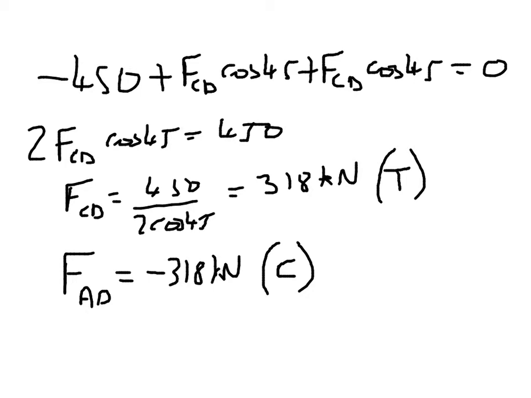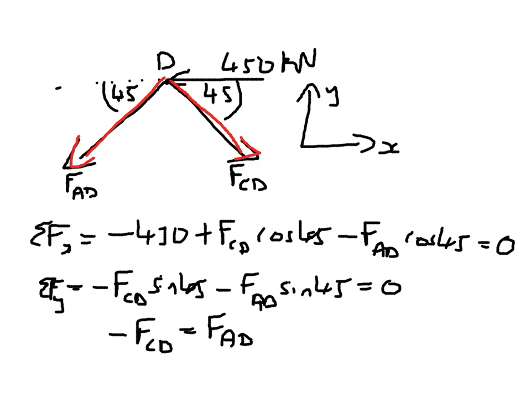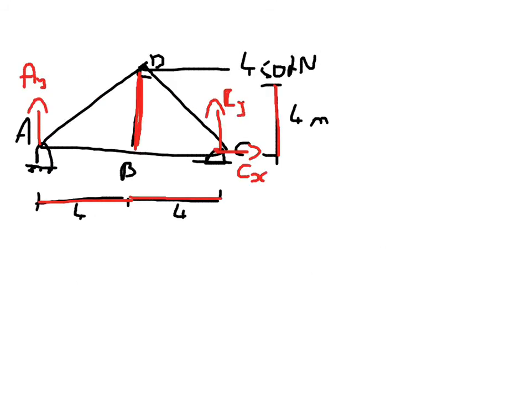We now have a choice. We can work at either joint A or joint C. I'm going to choose joint A because it's got fewer unknowns. Because if you remember, joint A only had a force in the y direction because it was a rolling joint. Joint C was a pin joint, so it had two unknowns. And if I redraw point A,